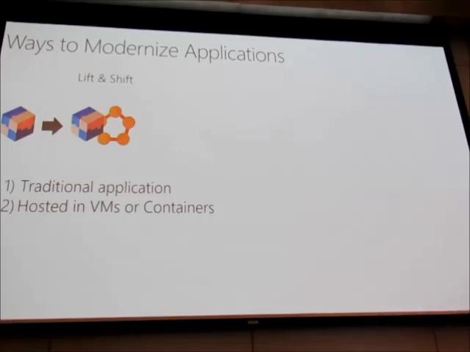Whatever your on-prem infrastructure configuration was, it's going to be the same. It's just a repetition of it, but then you are in cloud. So instead of maintaining and managing your own data center and the servers in it, you will essentially move your data center to cloud, and you will now be managing your data center in cloud. So this is just lift and shift. Your lift and shift application can be hosted in any of your VMs or your containers. That's the infrastructure as a service or the container as a service, the platform that you will be moving to.